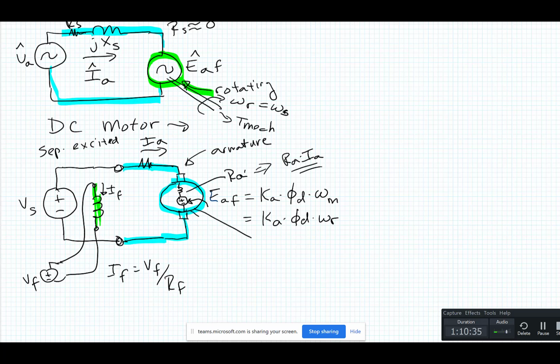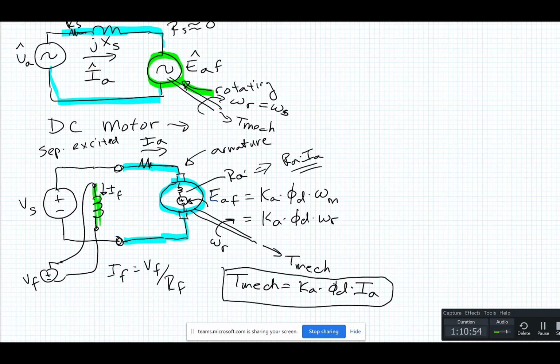This whole rotating piece right here is moving at omega r speed, and it's putting out a T mechanical, but T mechanical is equal to Ka phi d times Ia. So this is what's so beautiful about a DC machine,